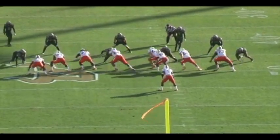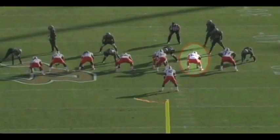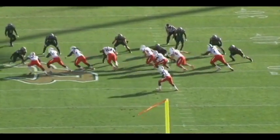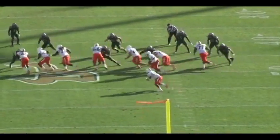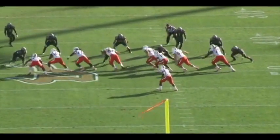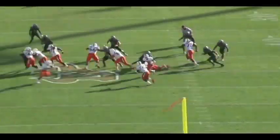Here's a play to the left side, our 9-hole play, and obviously this involves the right guard on the backside, okay? Because when they're running a single, the center and the left guard, so the backside guard ends up having that nose guard almost by himself. We may give him a Heisman with the center to help him, but he has to get out of there, and I think he could have gone a little bit more wide, but he does a great job of getting